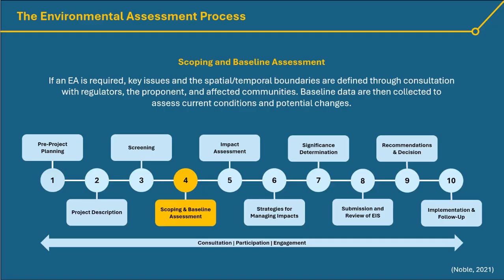So stakeholder input is often sought out through public comment periods during this time, but decision makers still ultimately define the terms of reference for the scoping and baseline assessment. For example, scoping might include water quality, but it might exclude, say, gendered impacts on nearby communities, unless that's raised as a major concern, right?